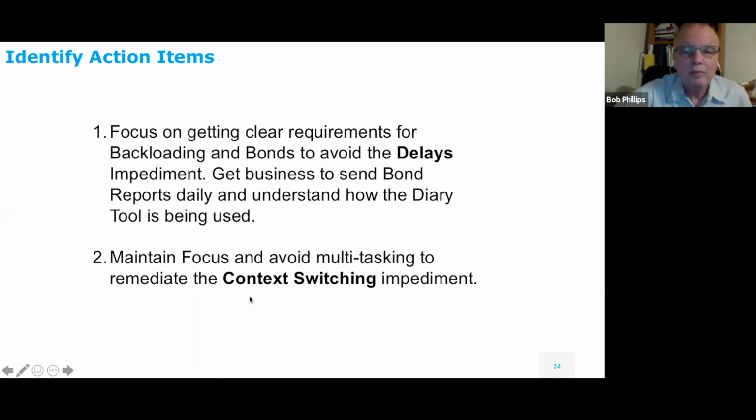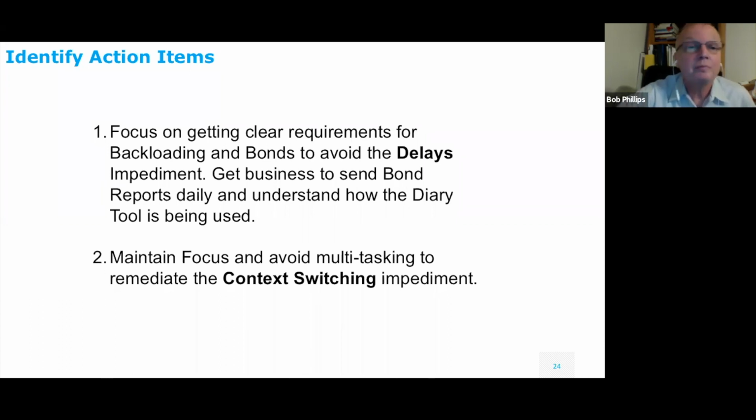And then the next one was maintain focus and avoid multitasking to remediate the context switching impediment. And this one I've been living with for quite a bit, and I'm really trying to help the team whenever they start losing focus and trying to do too many things. And I do that by looking at, we use a Kanban board. I'll look at the Kanban board and I'll say, hey Ed, you got 3 things in progress. What's going on? How come there's 3 things in progress? My rule of thumb is I let people have 2, because sometimes they might start something and there might be a delay, so it's okay to get something else going. But once you start seeing a person doing more than 2 things, that's when you might have a